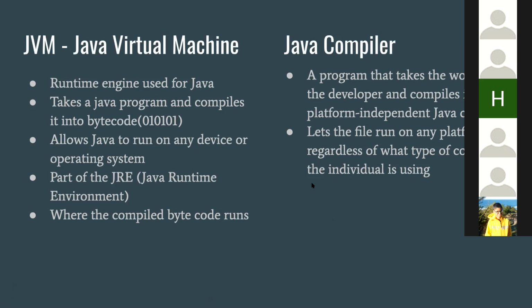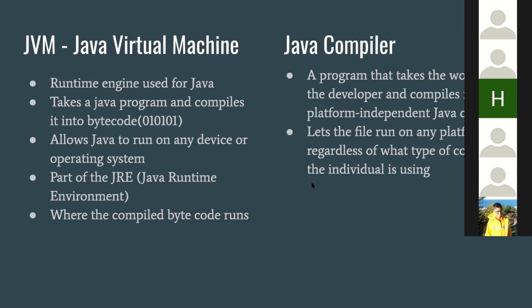So basically, you guys know how computers work, right? Computers work on bytecode, binary. The computer understands everything in terms of 1s and 0s, but we don't write code in 1s and 0s. That would be way too hectic and time consuming. So what a Java virtual machine does is, whoever made Java created this compiler so that when we use specific keywords inside Java, it converts them into a certain bytecode. And the computer can obviously understand that bytecode. So that's why the Java compiler is very important.